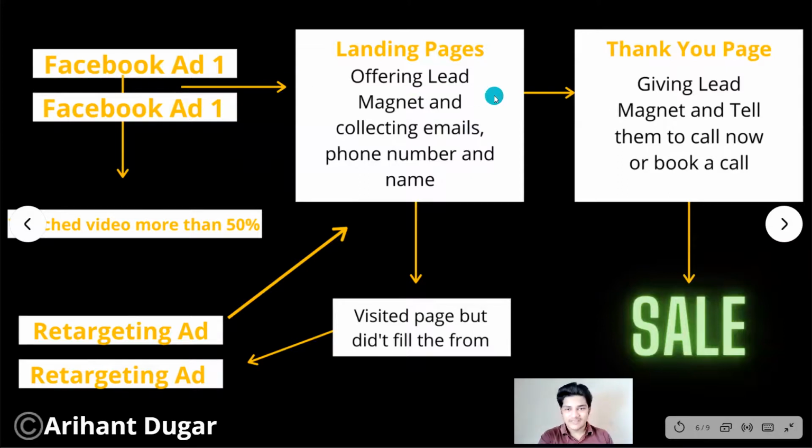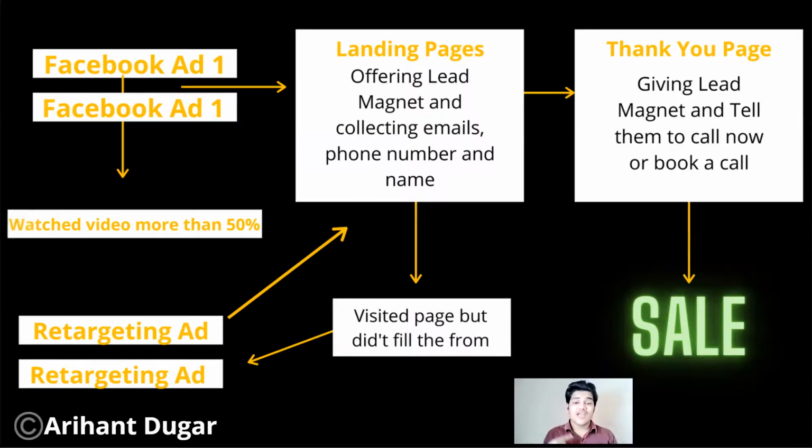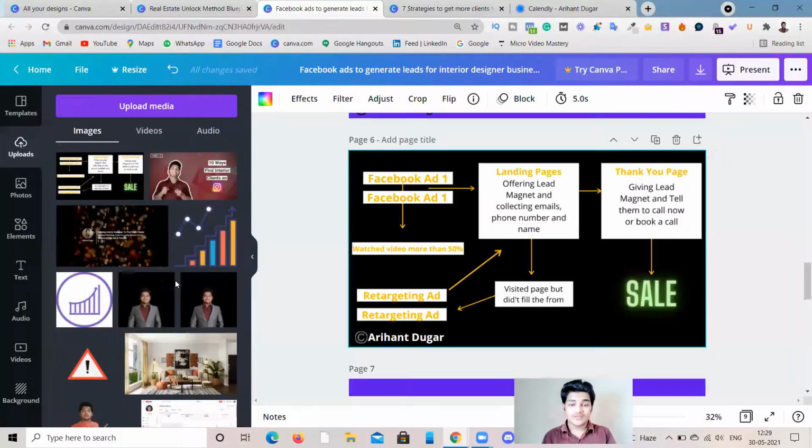You just keep doing this every single day. Every single day, traffic is coming to your landing pages, they are filling the form, becoming your leads, and you are closing them. Sale, boom, boom, boom. In every following week, you are retargeting those people who didn't fill their form, again and again. This is how the whole system runs on continuous automation, and you are generating hundreds of leads every single month.